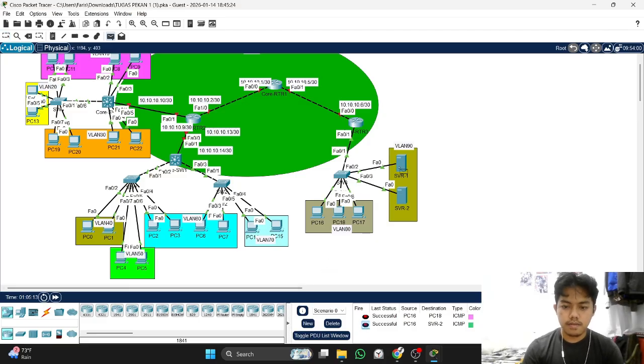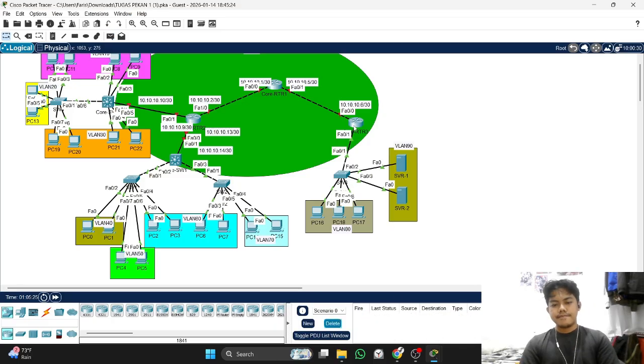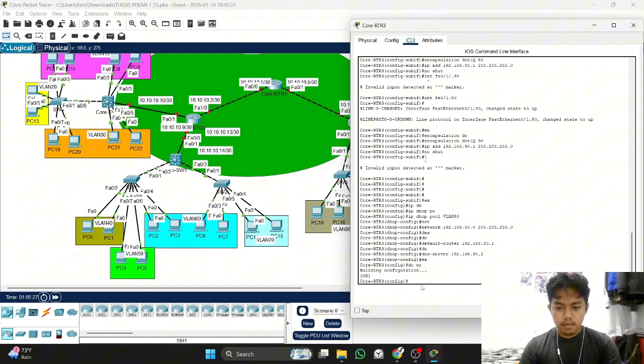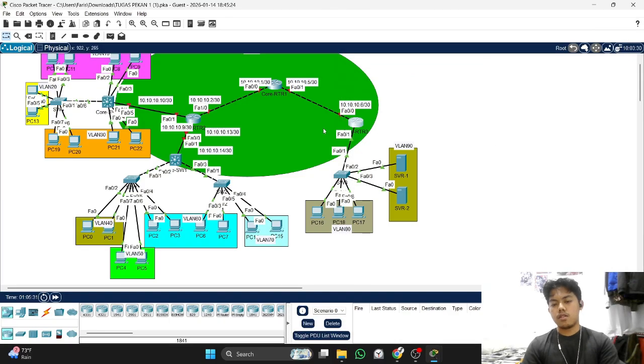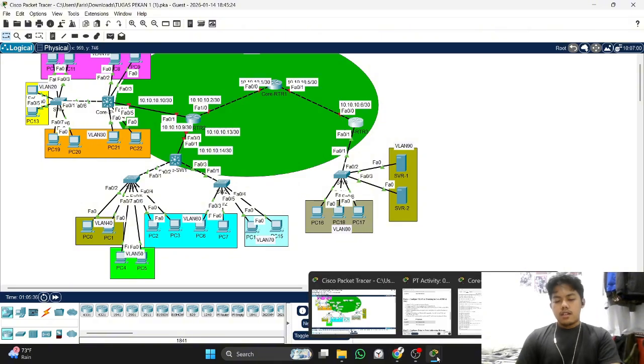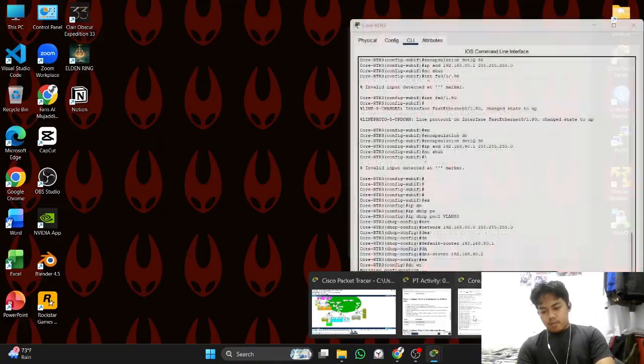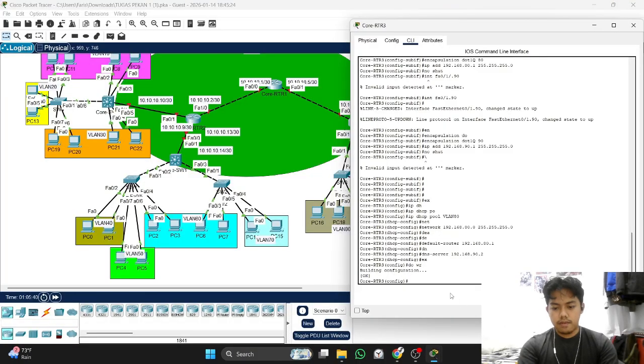Okay, success. Okay, success to configure this area, and we can go to the next step. Before that, we save configuration first.